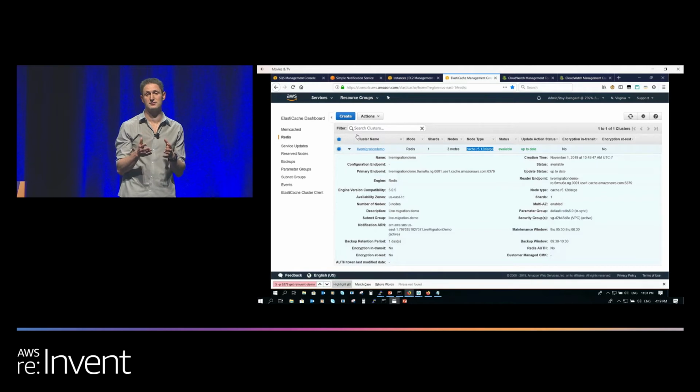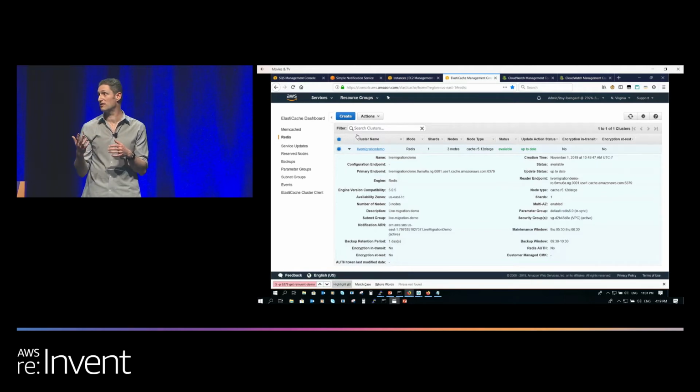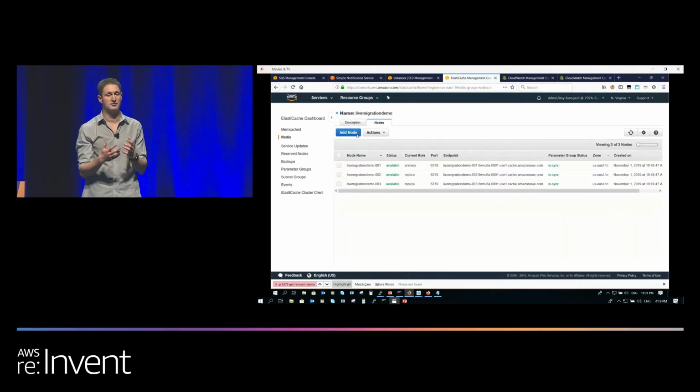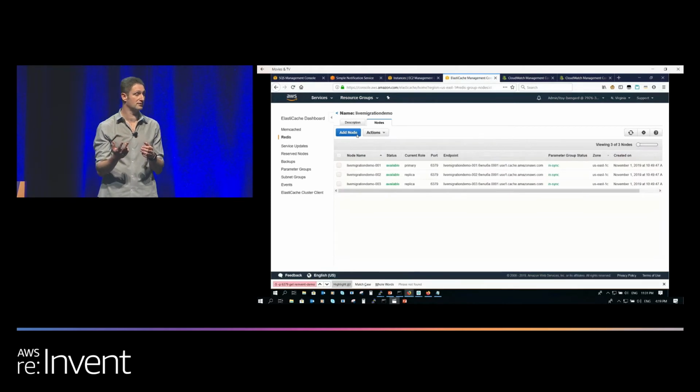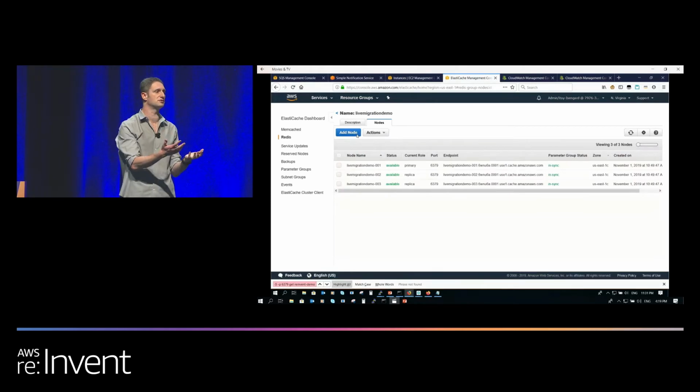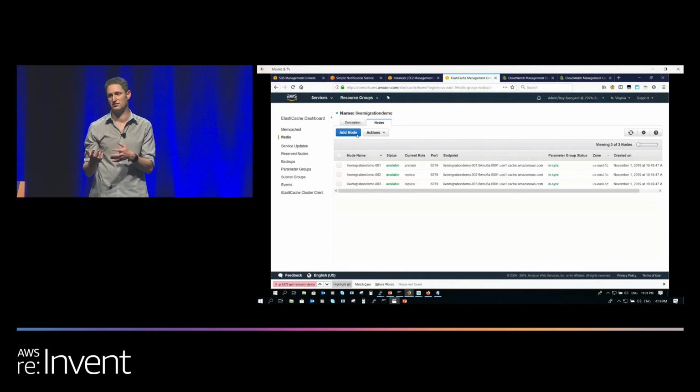From the get-go, I created this with 1 master and 2 replicas. There are 2 reasons why I did it. The first is because this is what you would do when you create an ElastiCache cluster: you would want, from the get-go, at least 1 more replica for high availability.